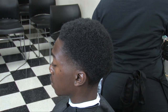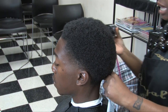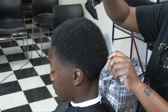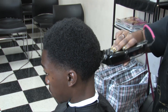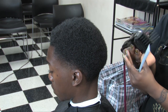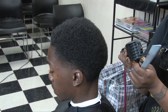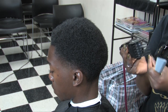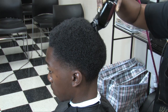It's a little curly top. I'm gonna get my number 4 guard, and I'm gonna go with the grain in this number 4 guard, starting from the center. My clipper is in an open position, but I want more hair off than that, so I'm gonna put it in the closed position. Open takes off less hair, closed takes off more hair. So I just put it in the closed position,